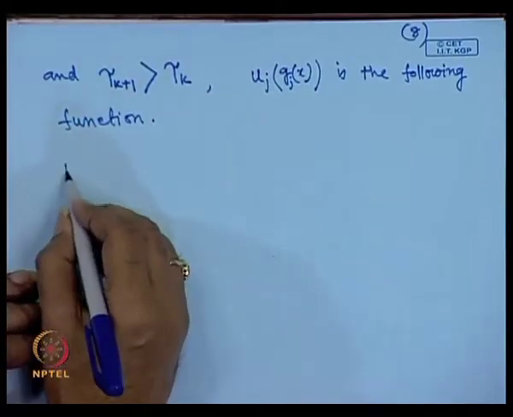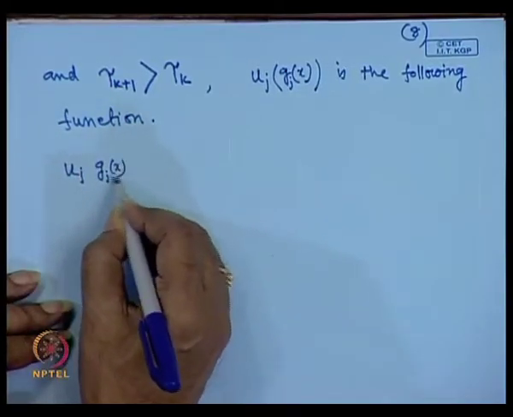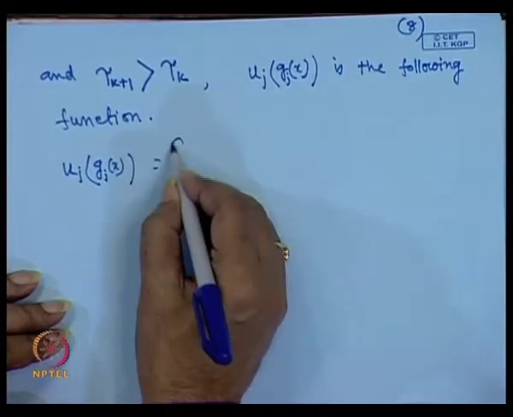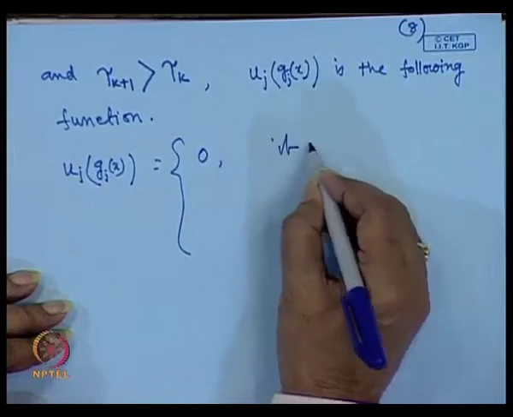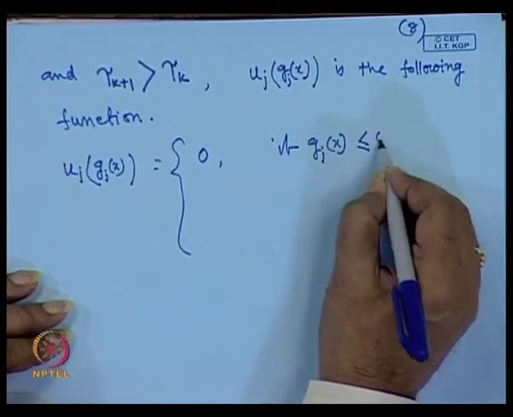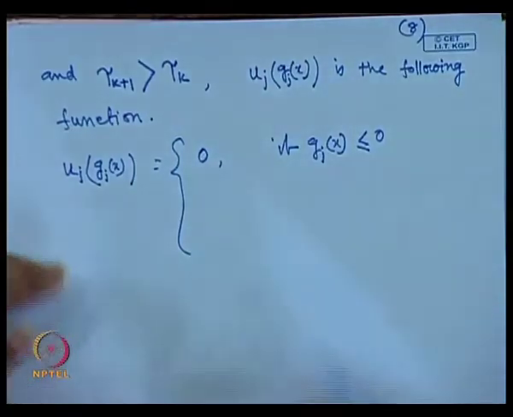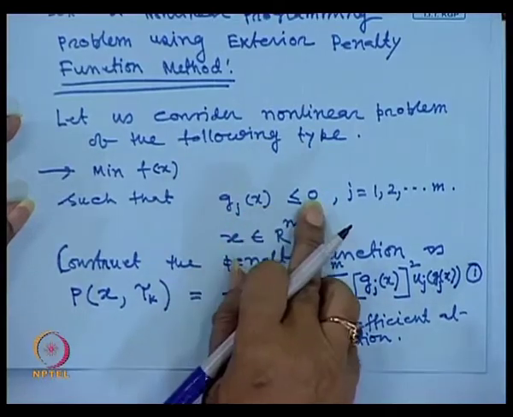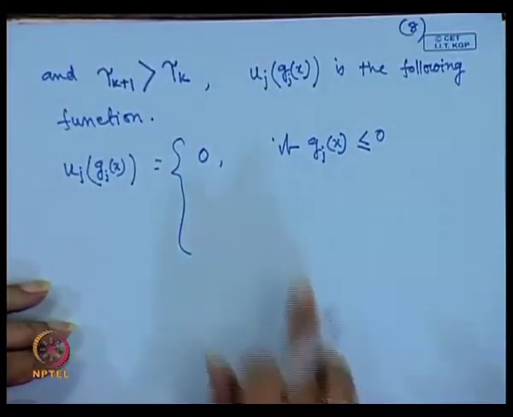What is this? I have defined this one, u_j(g_j(x)) is equal to 0 if g_j(x) is less than or equal to 0. Now, see this, our statement of the problem. If you see the statement of the problem, this is the constraint, and if this constraint